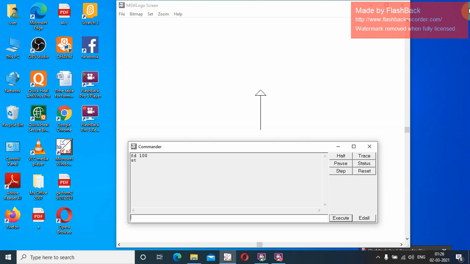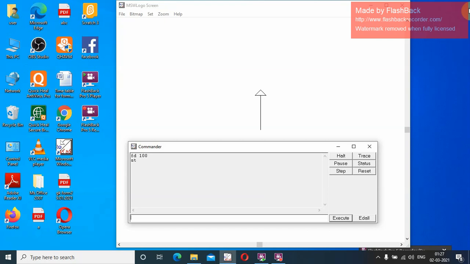There is also a repeat command, but that repeat command you will run in form 4. Okay, so you have to remember FD means forward, BK means back, how the turtle is moving and how it draws the shapes, right? You have to remember all these commands.